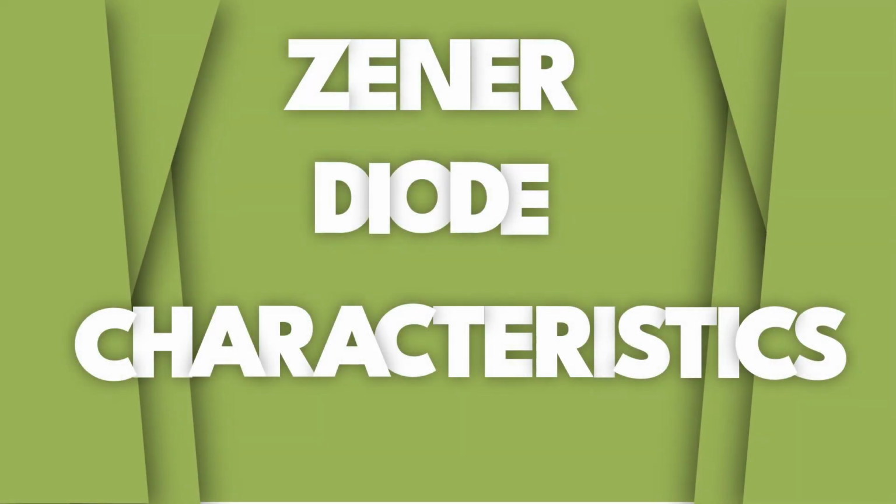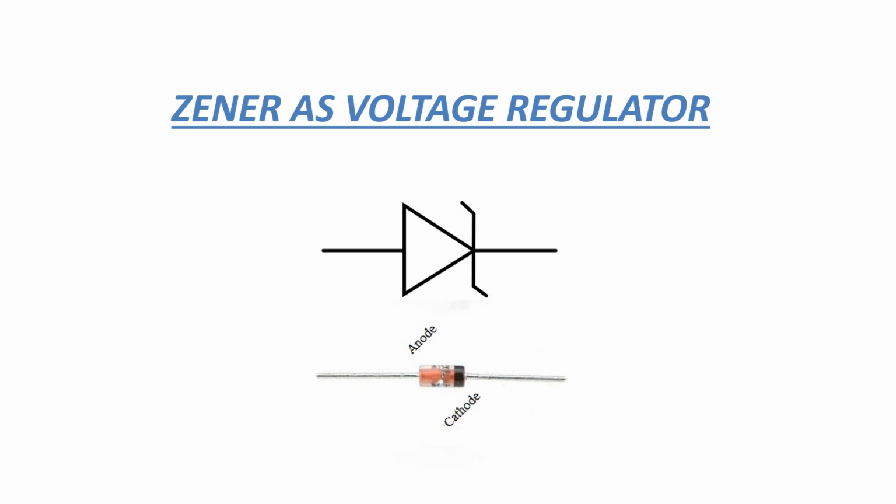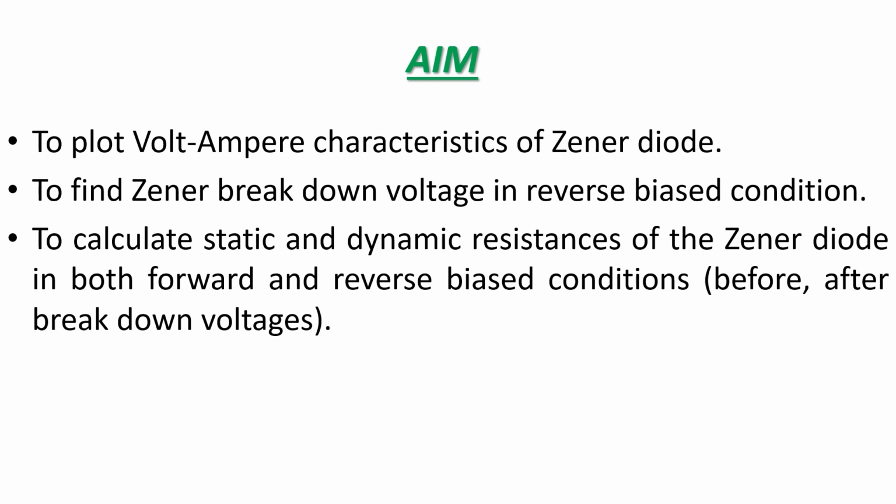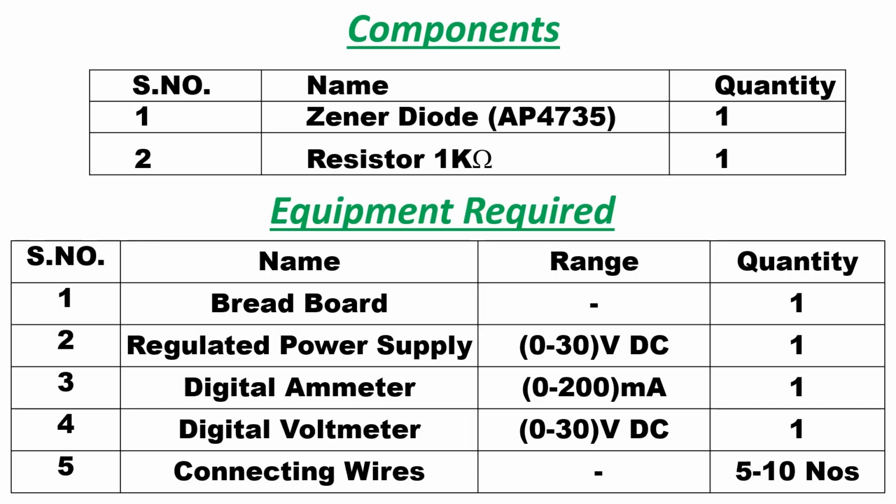Zener diode characteristics and Zener as voltage regulator. Aim: to plot the volt-ampere characteristics of a Zener diode, to find the Zener breakdown voltage in reverse biased condition, and to calculate the static and dynamic resistance of the Zener diode in both forward and reverse biased conditions, before and after breakdown voltages. Components: Zener diode